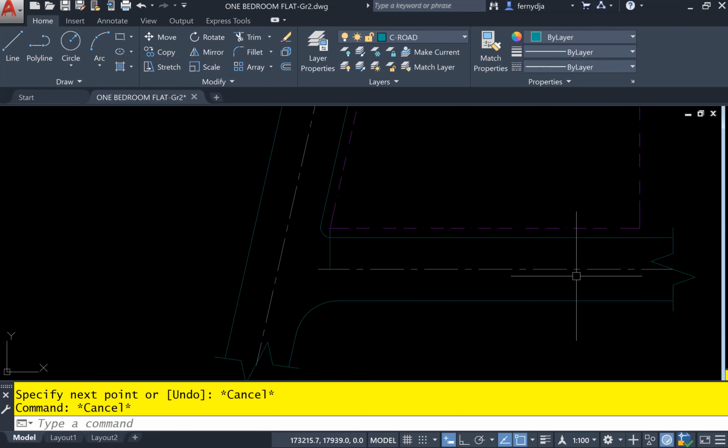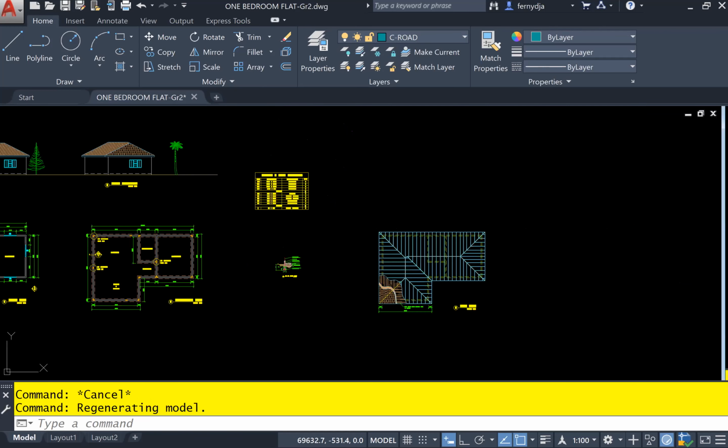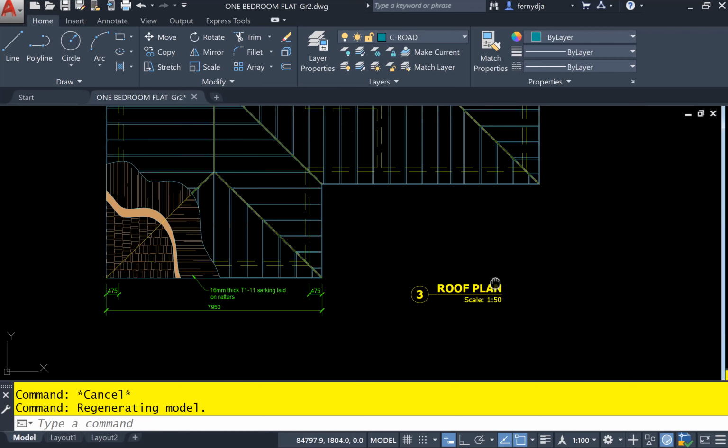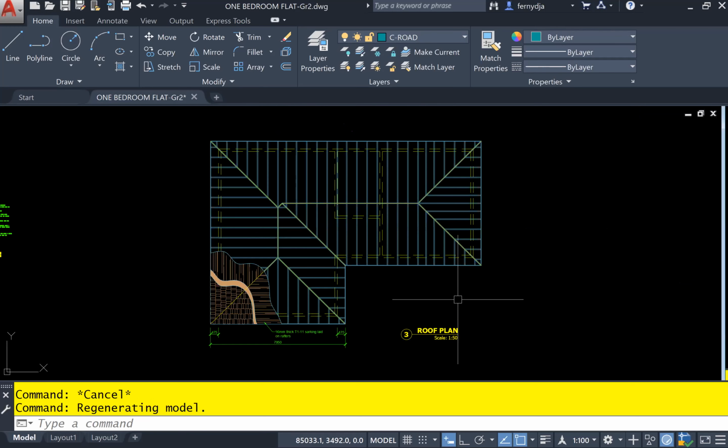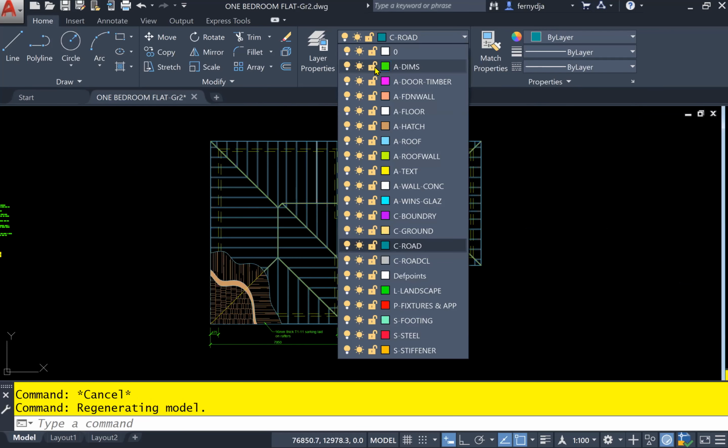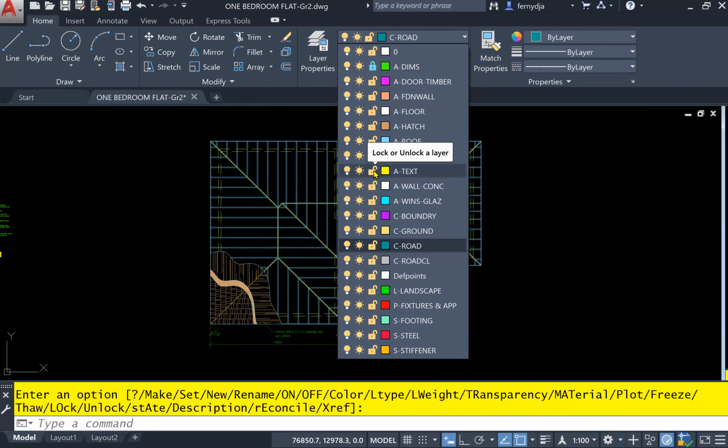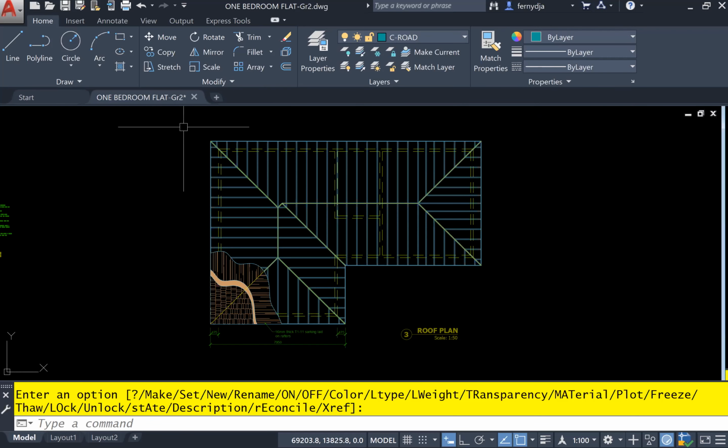All right. And that's 13214. And then I'm going to go up 8714. So let me go over here. Now I don't want to copy everything. So what I will be turning off or freezing would be my text layer and my dimension layer. So let me proceed to do that. I'm going to lock dimension, lock text layer, and then select the entire roof plan,